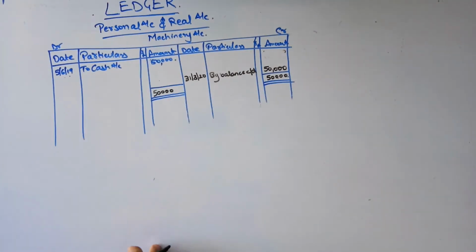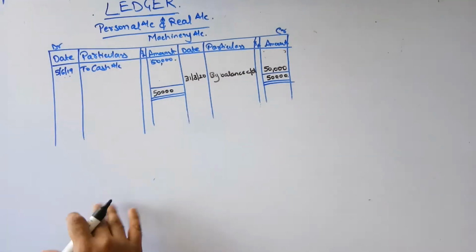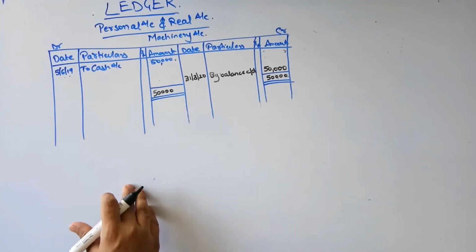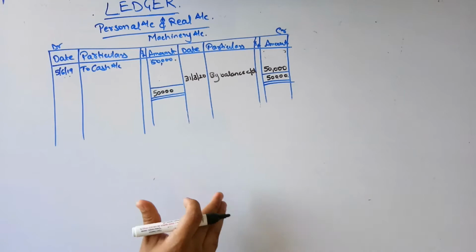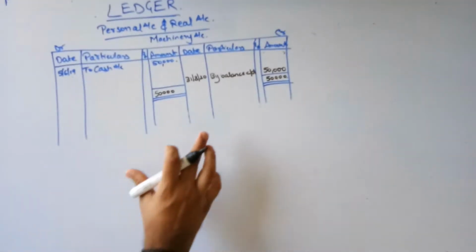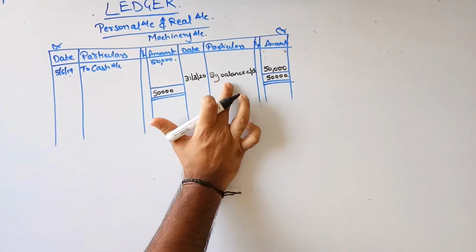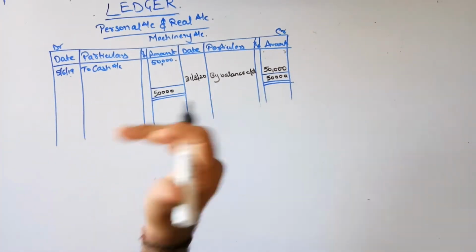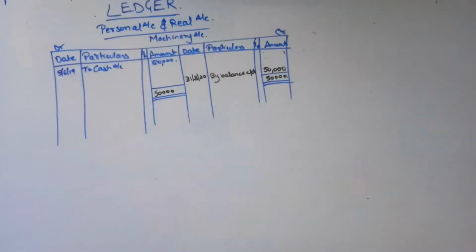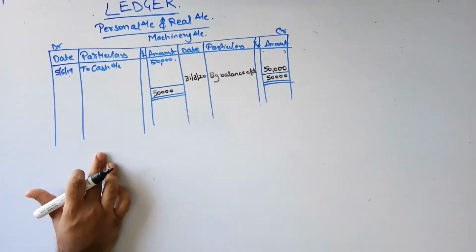Where are we carrying down the balance? We are carrying down this balance to the next financial year. Which will be the next financial year? Financial year 2021, which starts on 1st April 20 and ends on 31st of March 21. So this balance will be carried forward to the next year. Okay guys, did you all understand this? Always understand one thing: here you get by balance carried down. In the next year, this by balance carried down becomes to balance brought down.